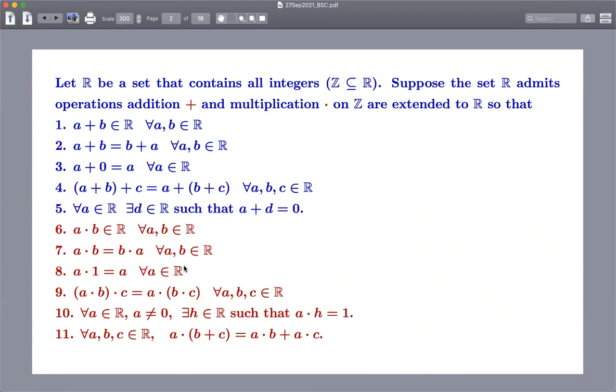What are the alternate ways of doing it? Is this necessary? For example, I have now listed here, what you are seeing, 11 properties. Are all these 11 required? Can we remove one and it will follow from the rest? All such questions are there. I have not given too much thought or spent too much time trying to write down a minimal set of axioms which will do this.